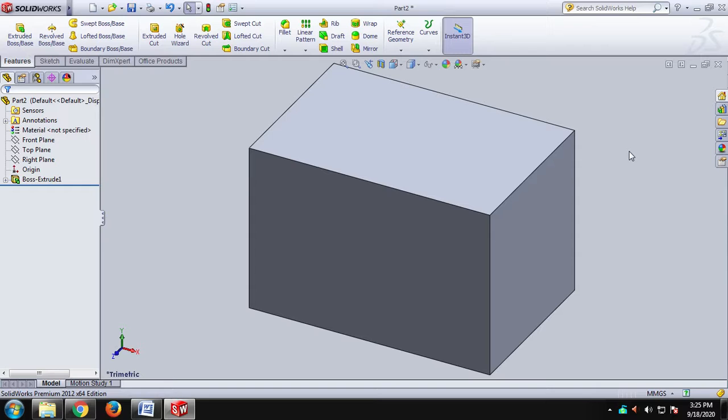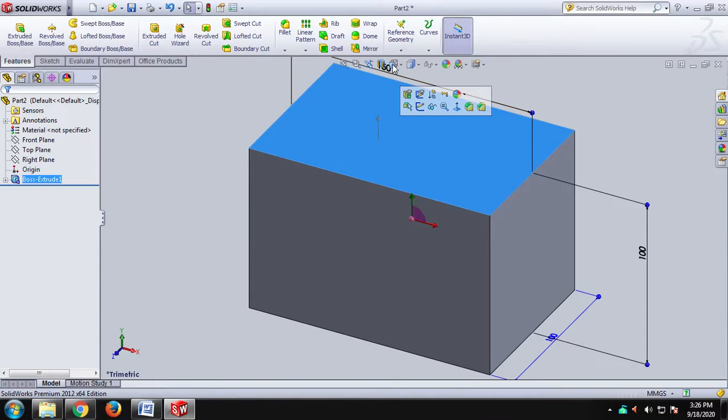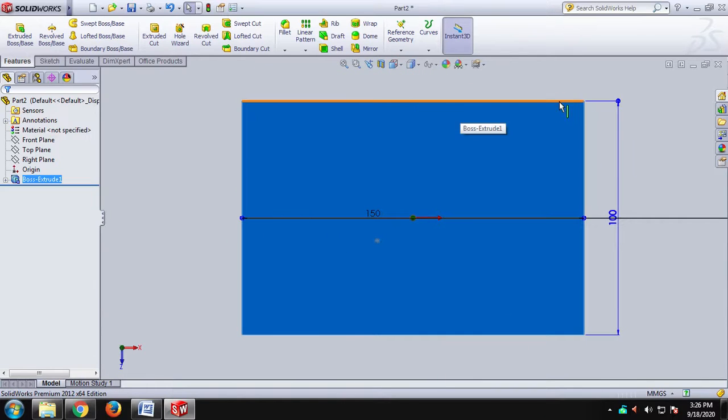Next, if I want to cut a hole inside any one of the surfaces, I will be using the command called extruded cut. To create a circular hole, I have to choose a face. If I click this face, next here you will have the command called view orientation. When I click this and select this, I want to create a circle in this plane. Okay, so here I have to draw a circle.